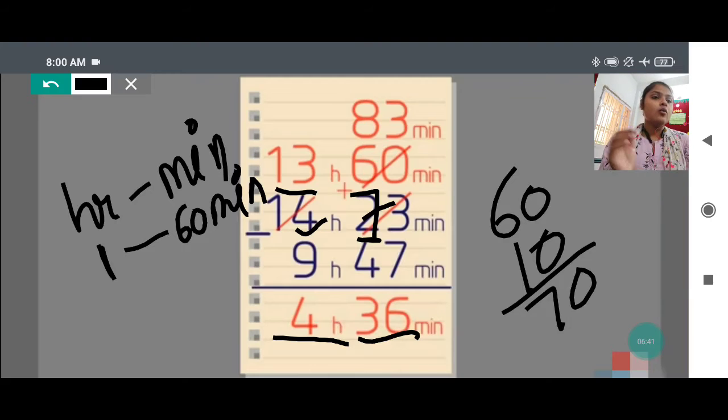It's very easy. When we are taking the carry from the same unit, if you are taking carry from the minute only to subtract the minute, then it will be the same as what you are doing. Like when I have taken carry from 2, then it has become 30. But when you are taking carry from another unit, like when I am taking 1 carry from the hour, 1 hour means we are taking 60 minutes. So that 1 hour will get converted into 60 minutes and then will get added with that number, and then we have to subtract. This we have to keep in our mind.